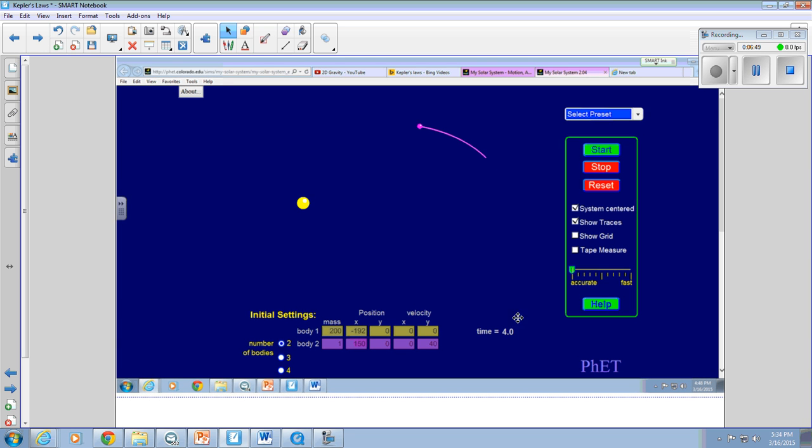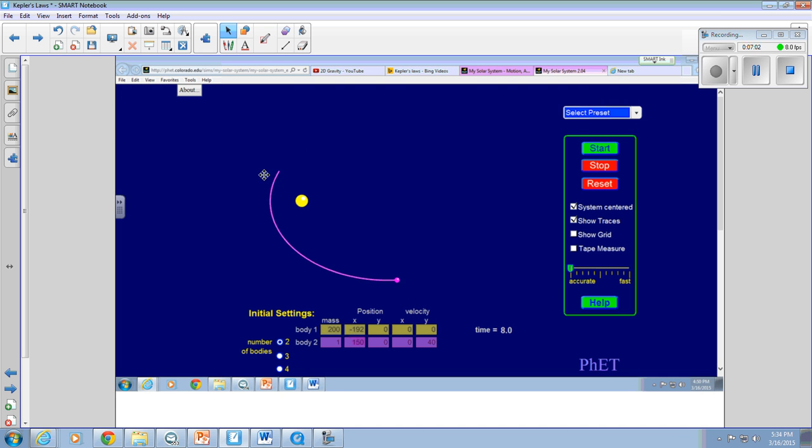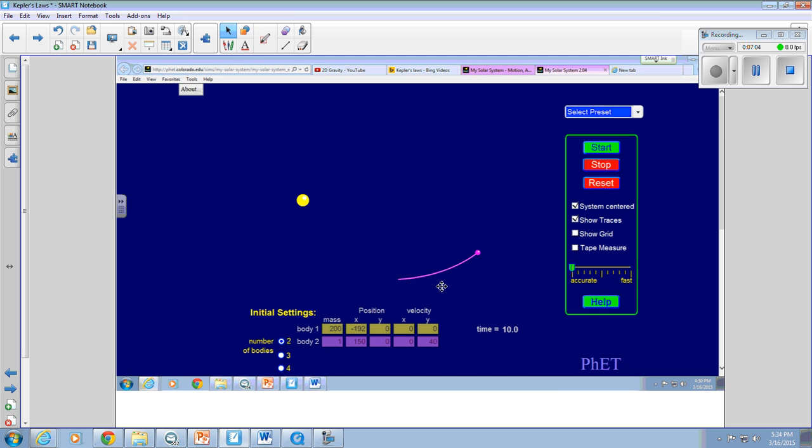In the next 2 month time period, from 2 to 4 seconds, here's its path. The same time period has an even longer path, and then the path starts to get short again after the 12 months. So what you're witnessing here is the fact that because of this law of areas,